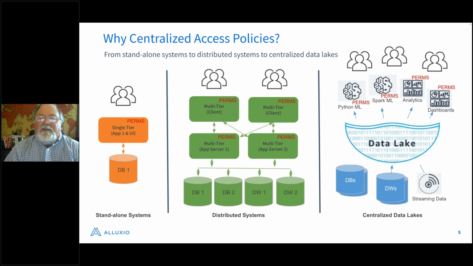You've got end users using things like Jupyter Lab Notebook and other Python-based environments or Spark-based environments. They're doing machine learning and training, and they're doing analytics using Spark and other environments. So to bring on more users more rapidly, it becomes really important to have a centralized policy management system like Apache Ranger.